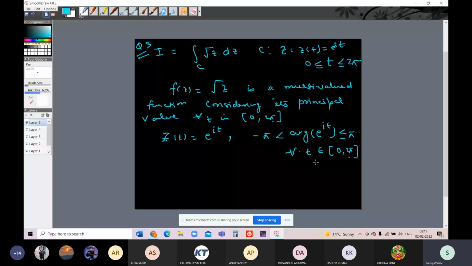So we know that the general argument for this function e^(it) is generally written as t plus 2n pi, where this n comes from the set of integers, or we can say that it is plus minus 1, plus minus 2 and so on. Okay, so for the argument of t, we have to choose our t from this interval 0 to 2 pi such that the argument of this function lies in this interval. So the argument of e^(it) is